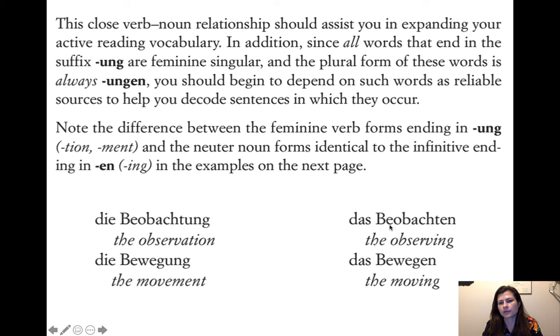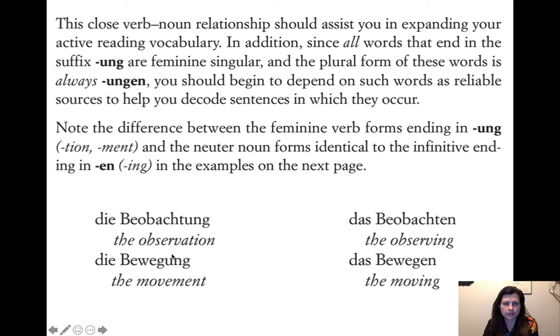You can say the observing, das Beobachten, but there's a difference between die Beobachtung and das Beobachten. It's sort of hard to explain what the difference is, but it's the same as in English, the observation versus the observing. I guess the observing sort of emphasizes the act in the moment, and then die Beobachtung